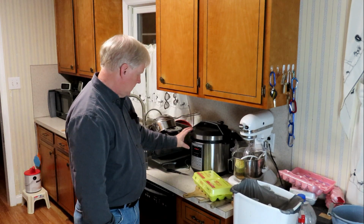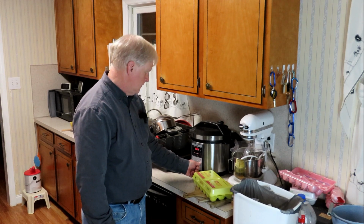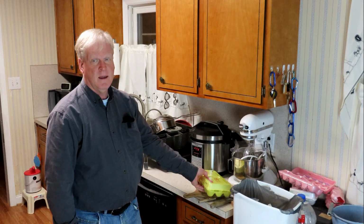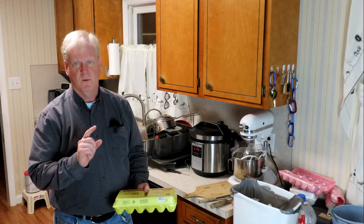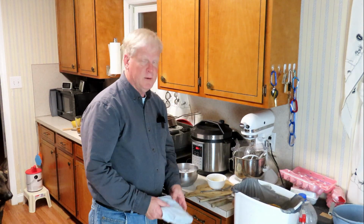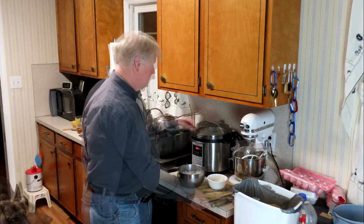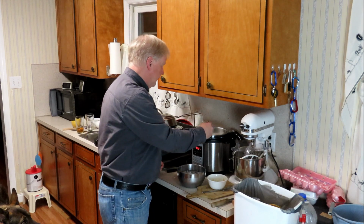Again, close it up. And again, it's just steamed vegetables. And start. And that will cook those to perfect. Watch. Okay, the eggs are done. I've let the steam out. I know for sure that on eggs, you let the steam out because you only want them to cook for 7 minutes. And then we immediately pull them out of the Cosori and put them in a bath of ice water,